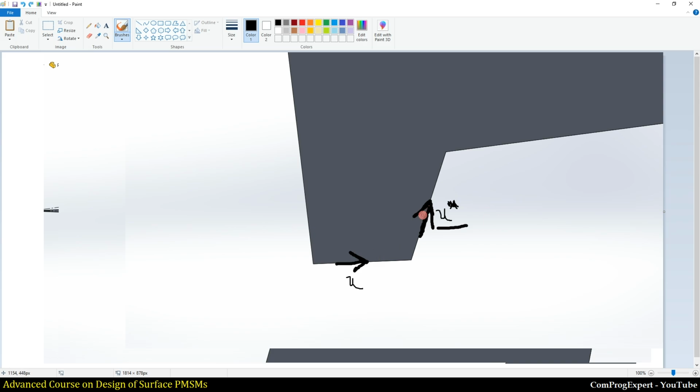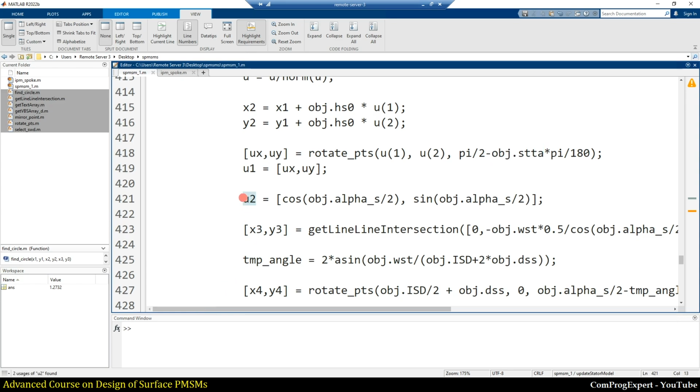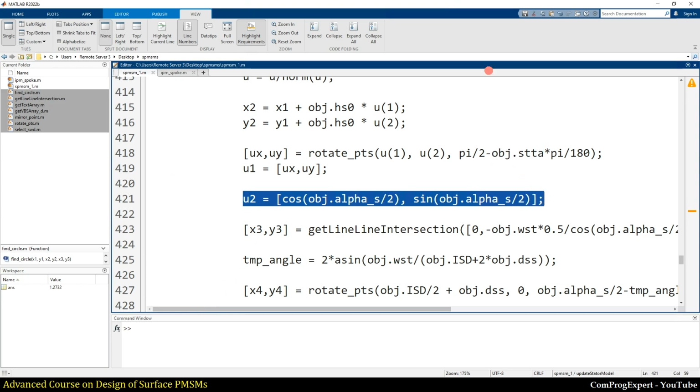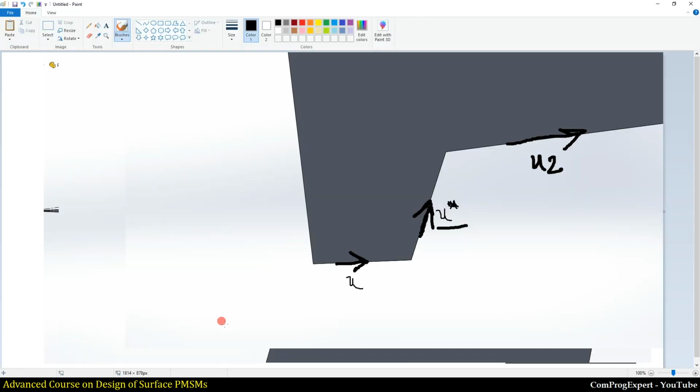So if we know the unit vector of this segment also, let's call it u2. Here is the u2. The unit vector of this segment is cosine of alpha s divided by 2 and sine of alpha s divided by 2. Why?